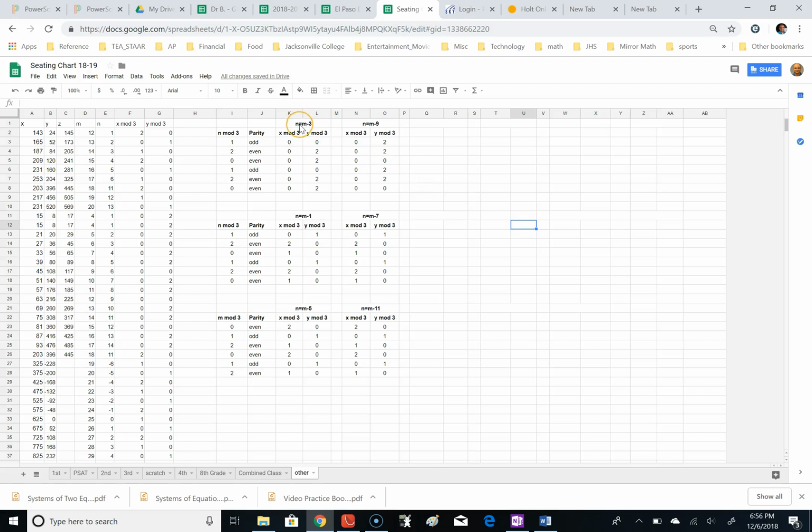We have three groups of numbers. In this one, we're looking at differences of m and n that are congruent mod 3. So this set here, they're x's and y's such that the difference between m and n is 3. These are x's and y's such that the difference between m and n is 9. As we would expect, in this case,